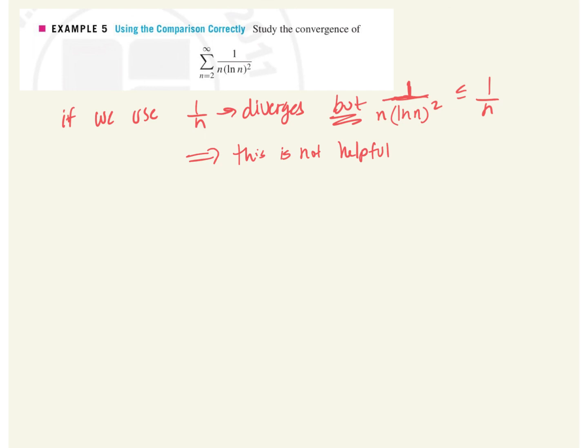So what we can do is the integral test here. It's positive, it's continuous, and it's decreasing, I'm sorry. If I were to derive it, so if I take the integral from 2 to infinity